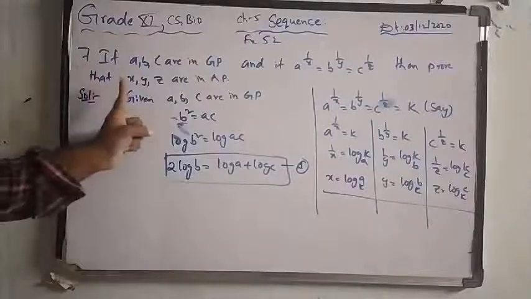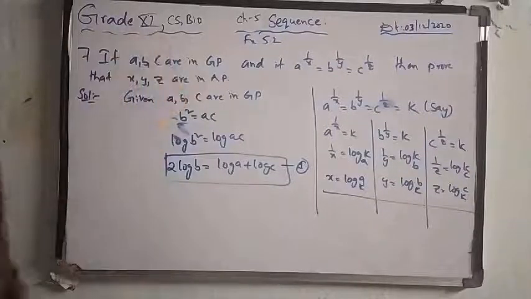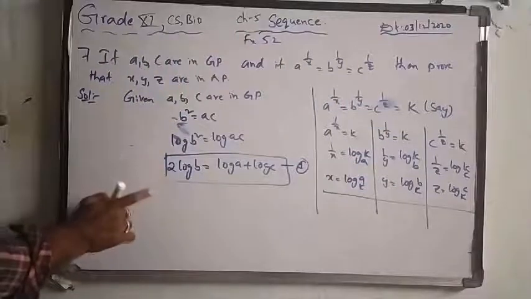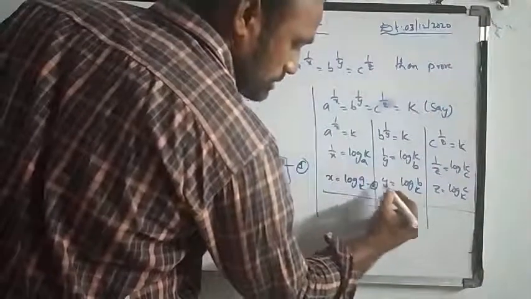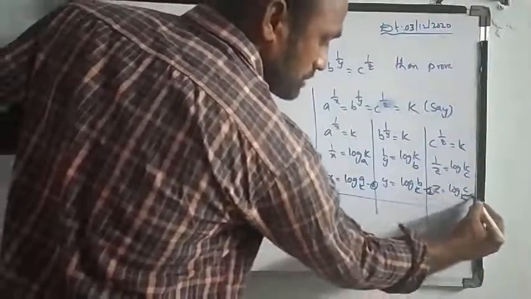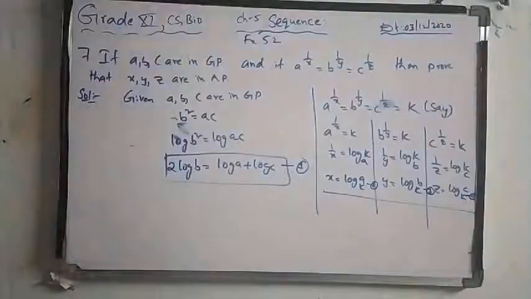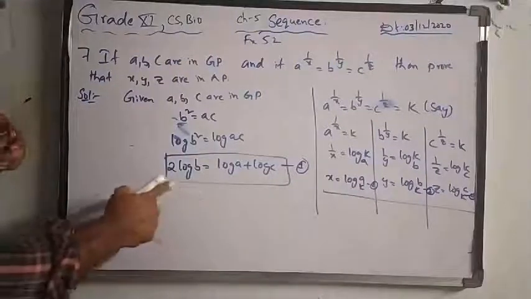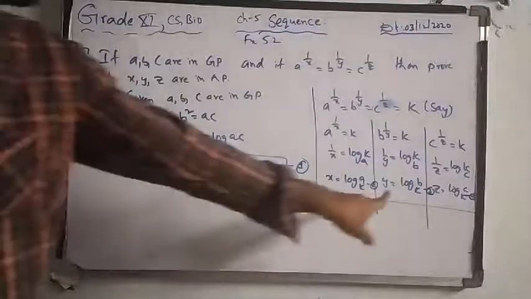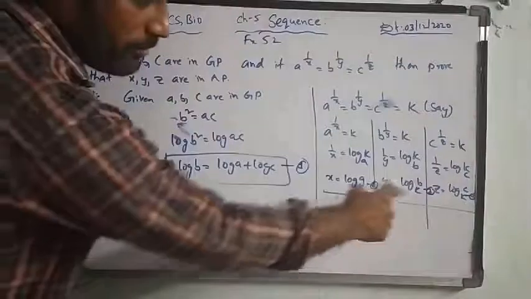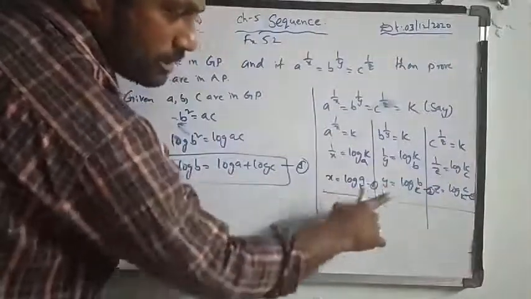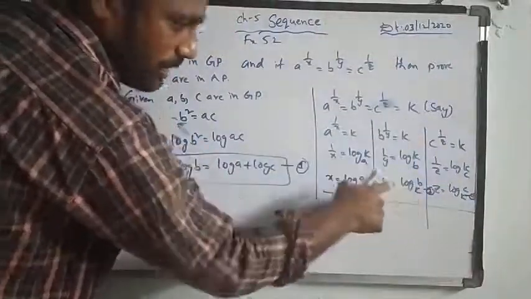Okay. Now our proof is that we need to prove that x, y, z are in AP. So by using this condition, let us treat these as the second equation, third equation and fourth equation. If I want to substitute this, then 2 times log b. If you see the log b value, the log bases are k. So it doesn't matter, we have assumed that. So the log b value is y.